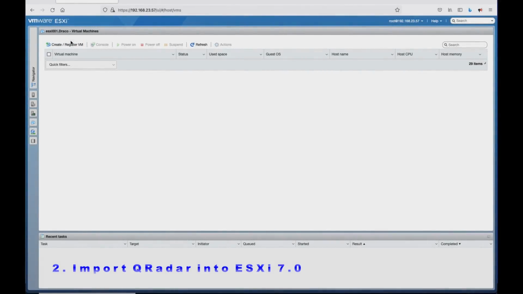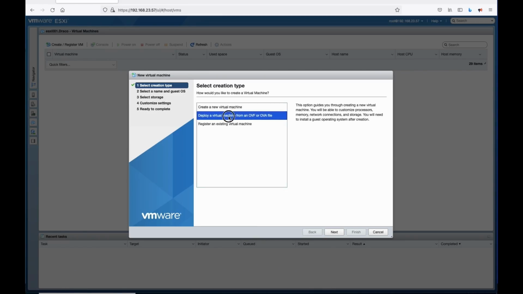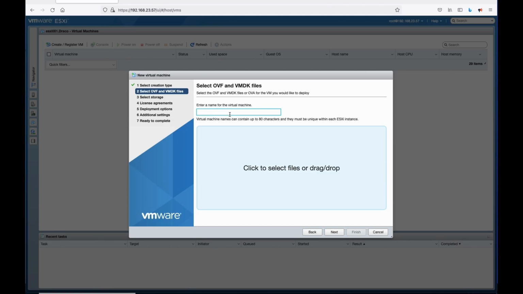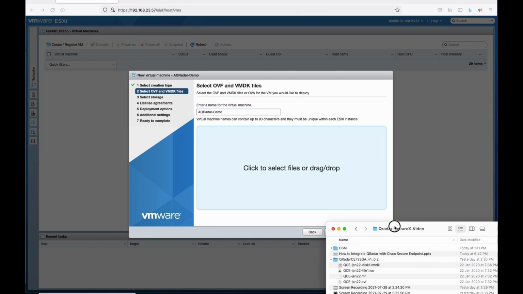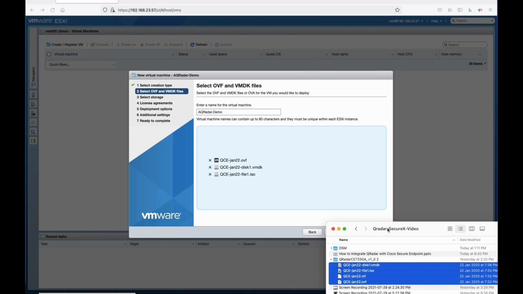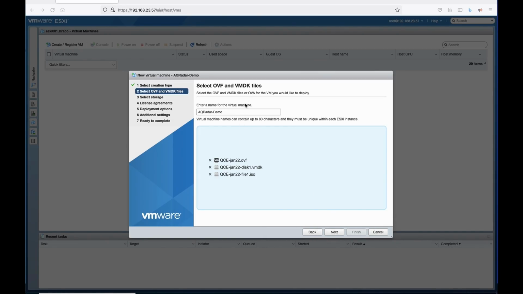Once that is done, let us import QRadar into ESXi. First, deploy a virtual machine from an OVF or OVA file. Give it a name, any name will do here. Then next, after that, open the folder and copy in the ISO, OVF, and VMDK file. Click next,